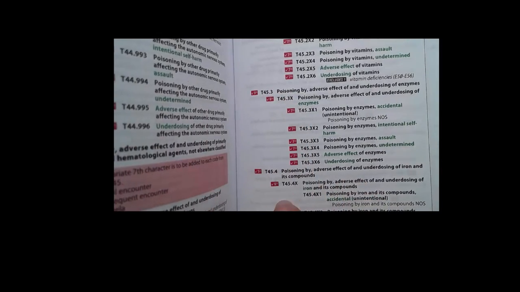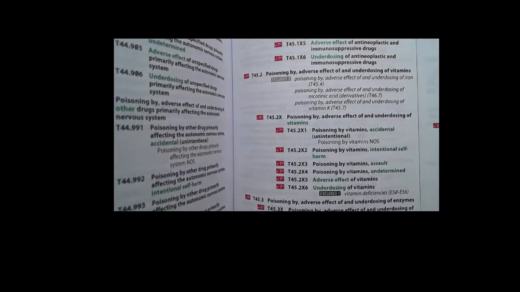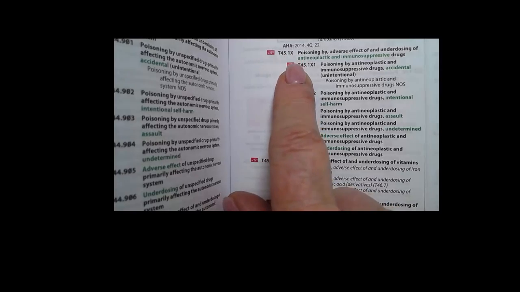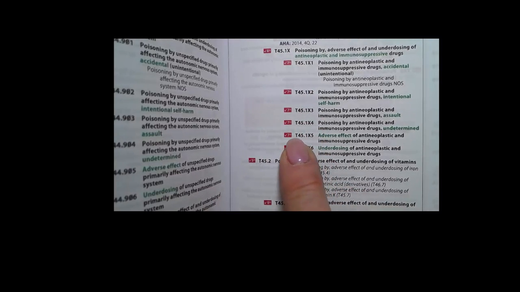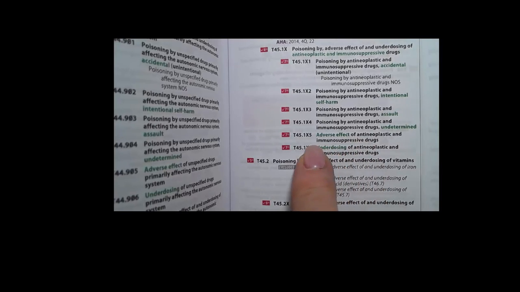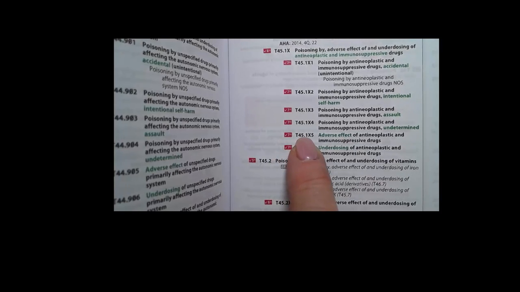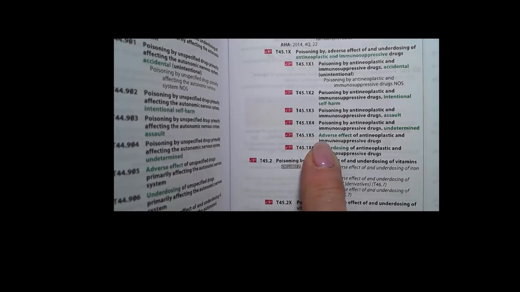And here we are, the T45. Here we go. T45.1X, adverse effect of anti-neoplastic and immunosuppressive drugs. 7 characters are needed. 1, 2, 3, 4, 5, 6, and our 7th character would be our encounter, which in this case is initial. Just as a reminder of this, if we go to the front of this chapter, this is chapter 19,